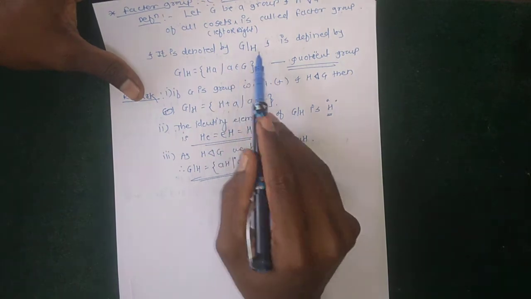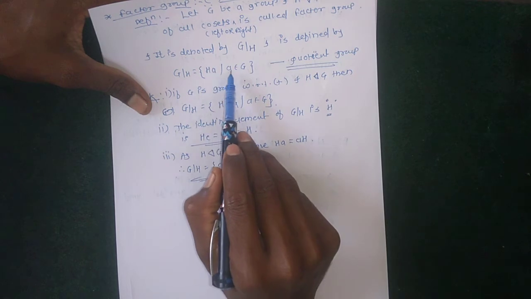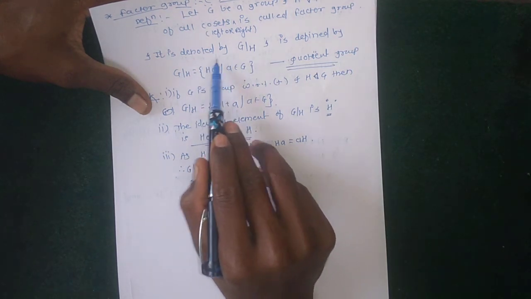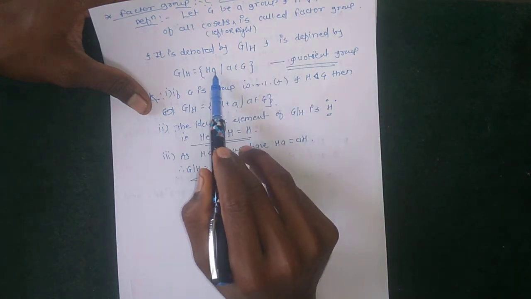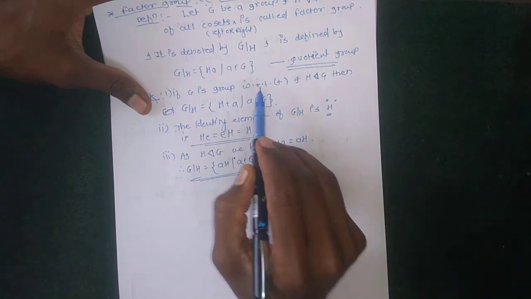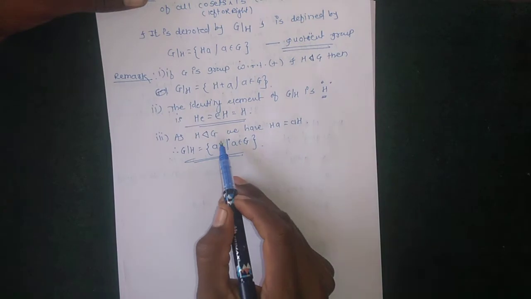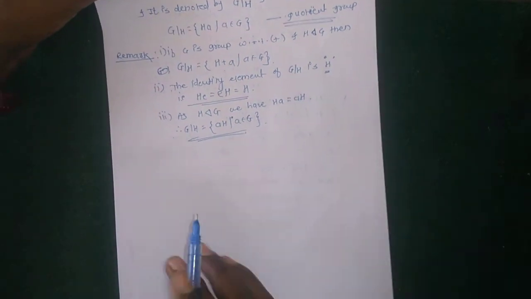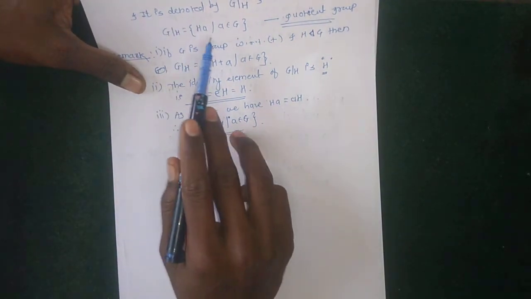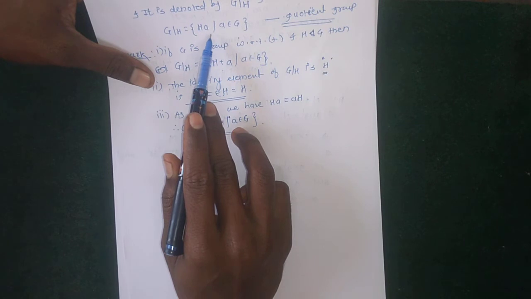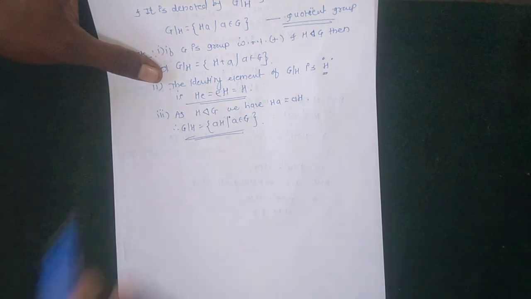If the group is with respect to multiplication, then G over H, the factor group, consists of HA, where H is the subgroup containing all elements of H multiplied by A. That means right coset, or left coset, because H is a normal subgroup. In a normal subgroup, left and right cosets are equal. Therefore factor group is the set of all elements of the form HA, left coset and right coset.